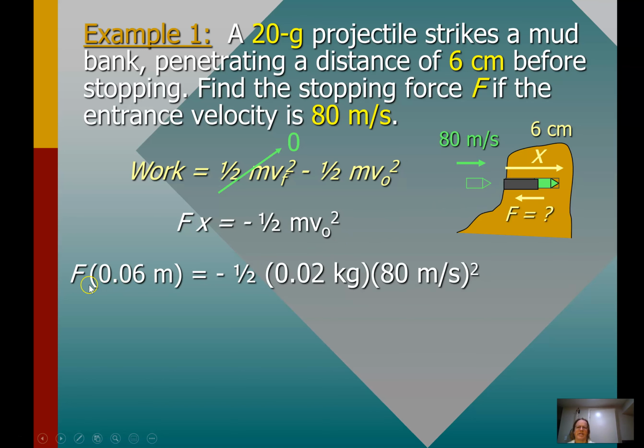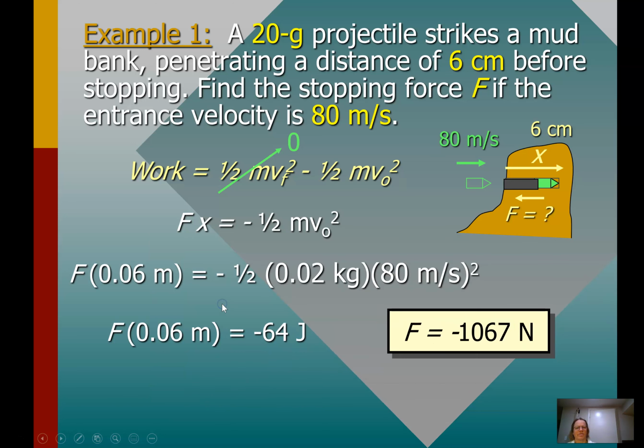Alrighty, so there it is, guys. To solve for the F, remember we change it from centimeters to meters, so it's only 2 places over. So you divide out by the 0.06. Don't forget to square the 80 though. And so the bullet had 64 joules of kinetic energy. It lost that because of that force pushing backwards. So now to find that force, it's negative